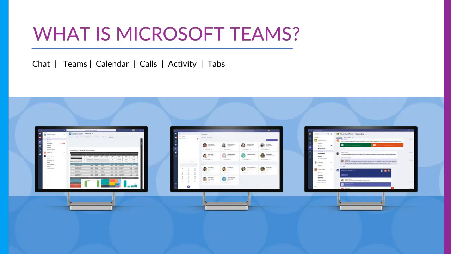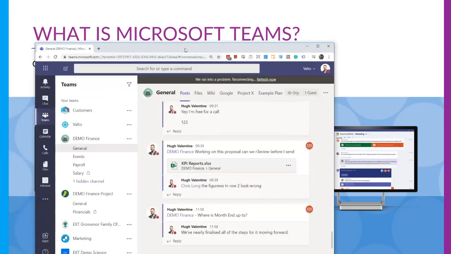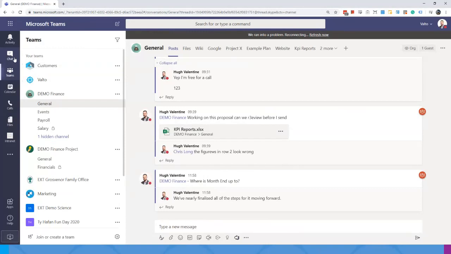So the first step really is, what is Microsoft Teams? For anybody who hasn't used it, Microsoft Teams is basically the new modern way of working. Microsoft have worked on a lot of processes and they've built a lot of investment into developing Microsoft Teams. And I think the easiest way to show you guys what it is, is to actually jump into the interface and